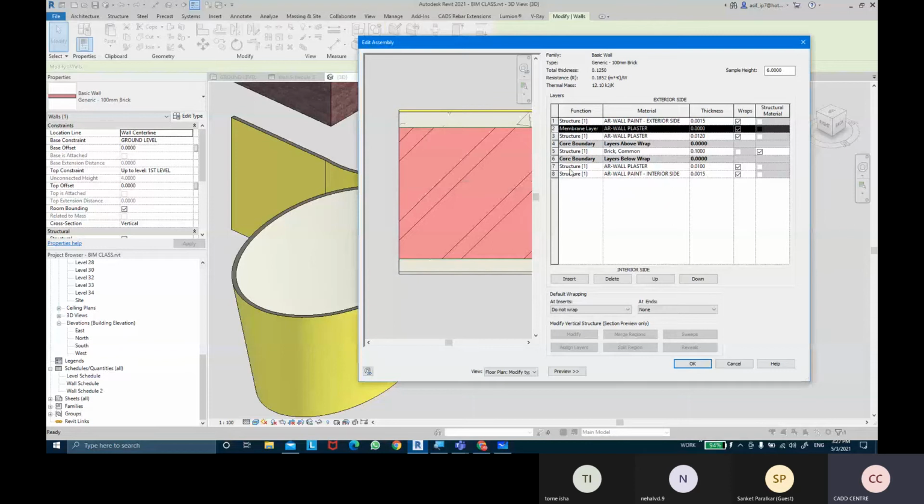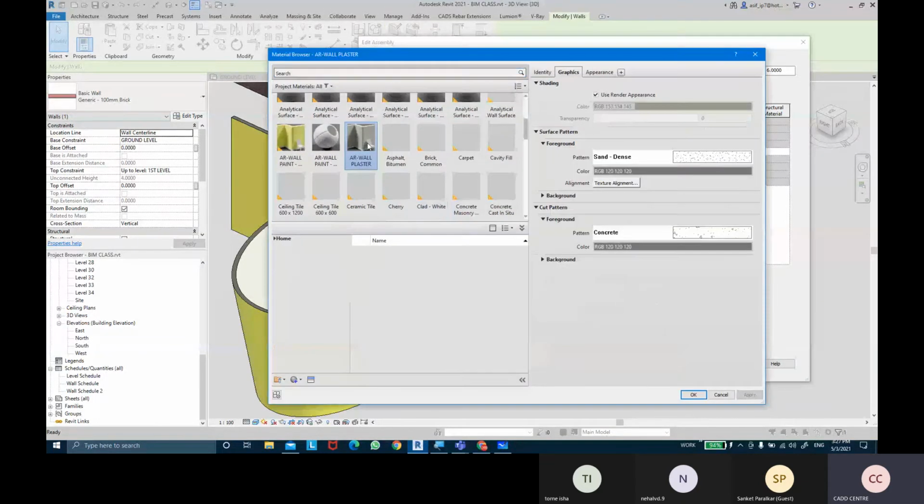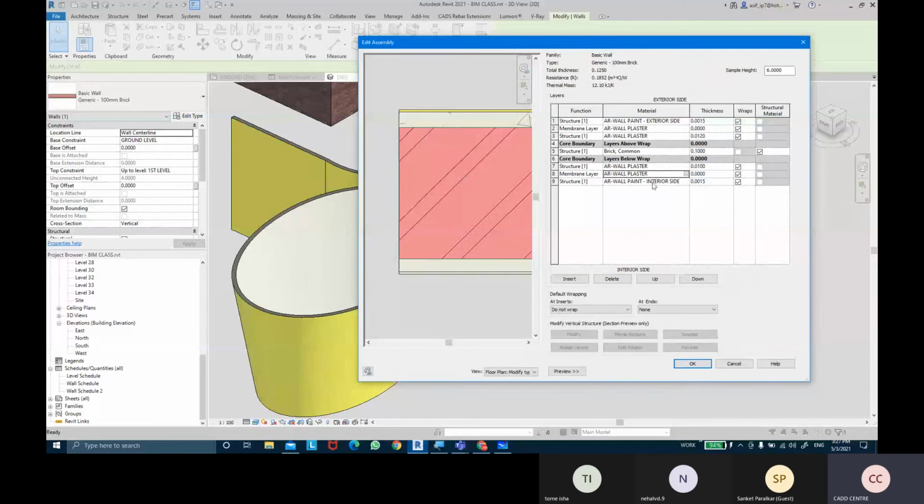I can also add a waterproofing layer on the interior side plaster. We can click on insert, click on down, and below that make sure the function goes into the membranes layer, the thickness goes to 0, and the material will be the same one, wall plaster. Then a membranes layer has been added.